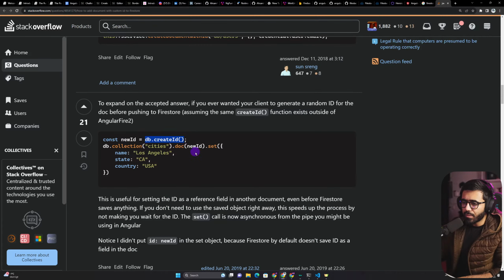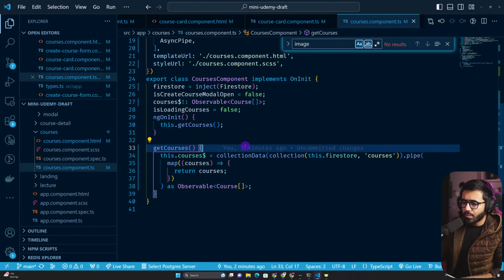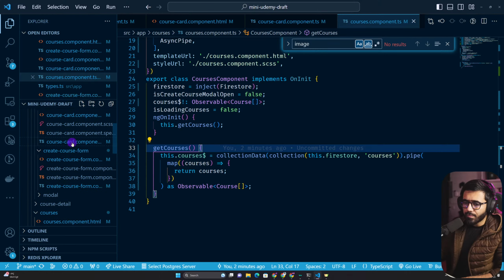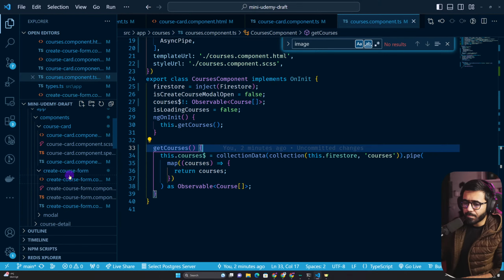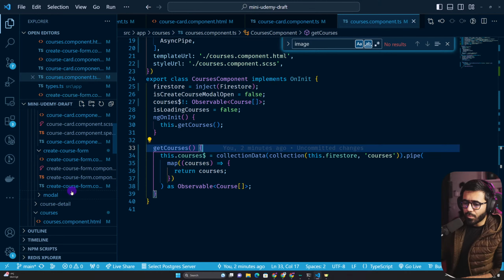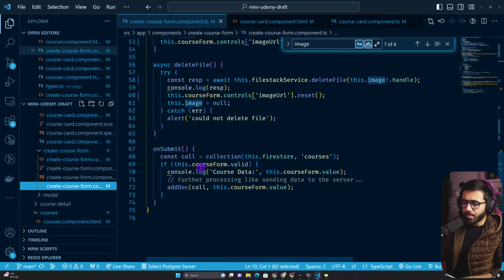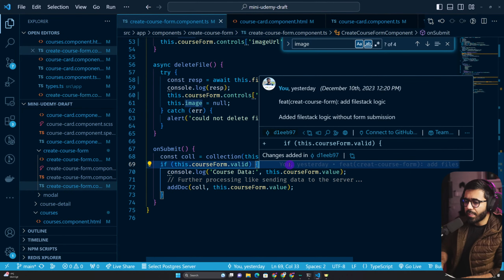I think this is the one. So if I try to do something like, when I have to add a new one, say something like create course form component, and then when I'm submitting it, if I could come here and say